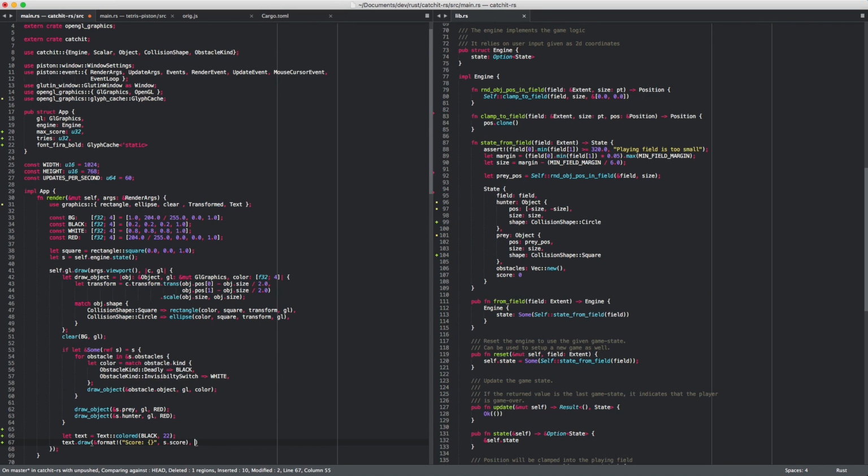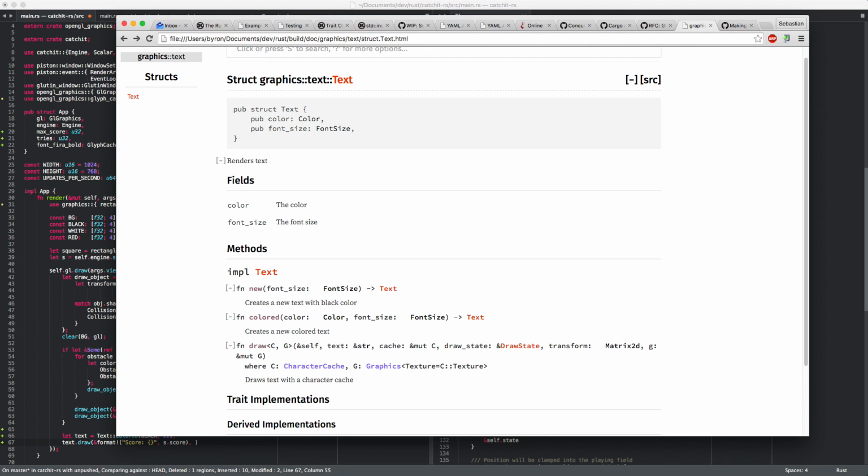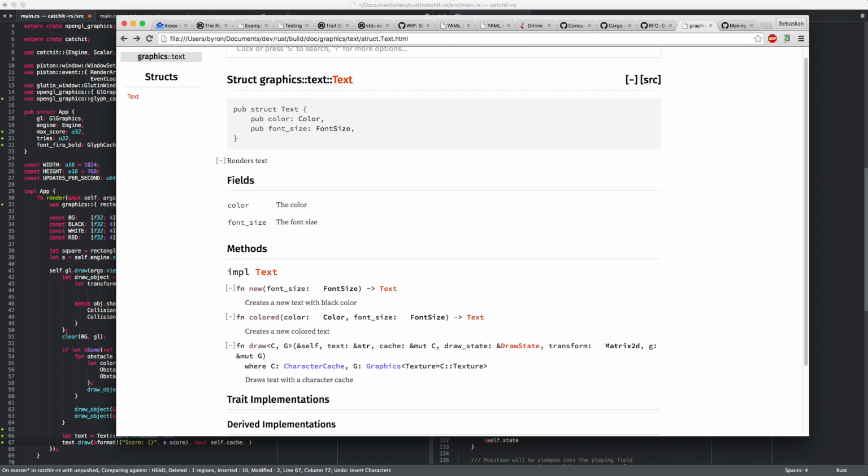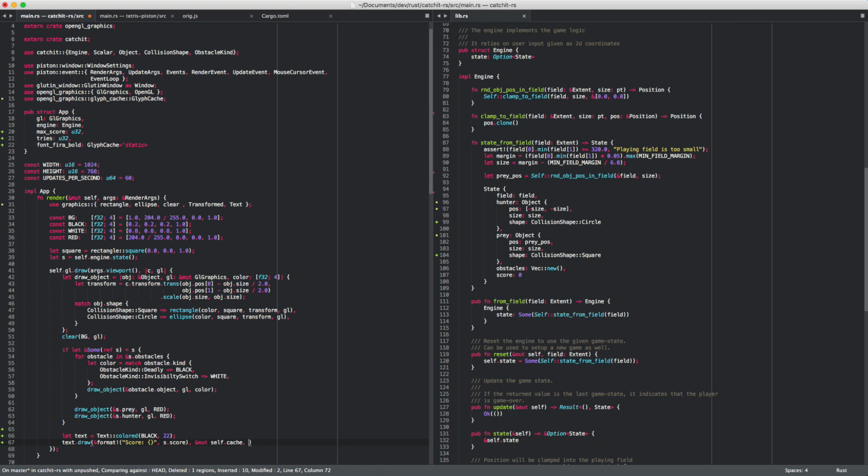So we shall obey to that. Then what's next? The cache, the state, the transform. Cache state transform. So self cache, and must be mutable as well. The state probably doesn't have to be mutable. No. So that's C draw state,